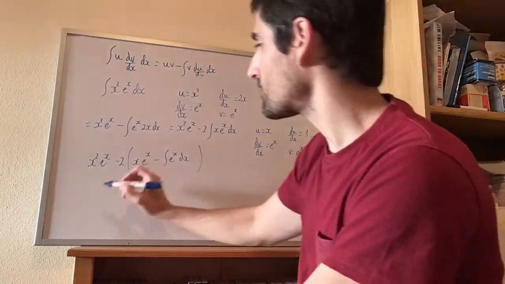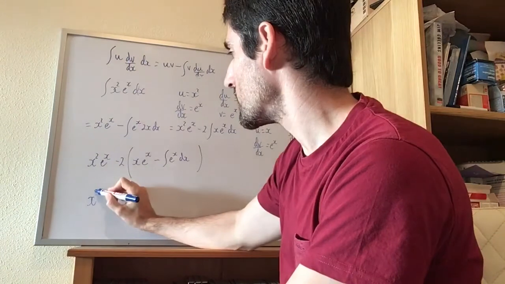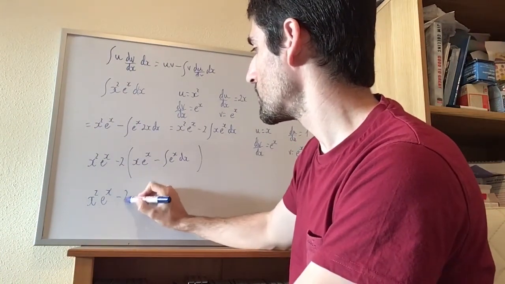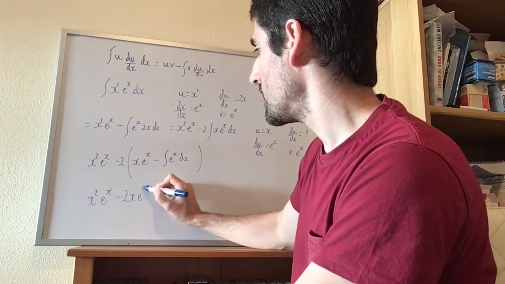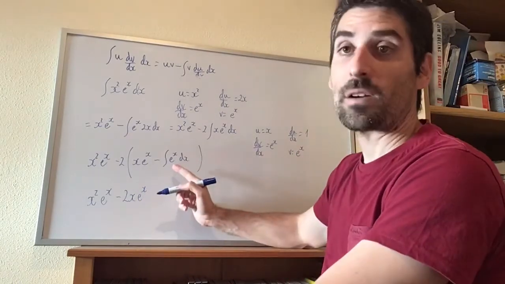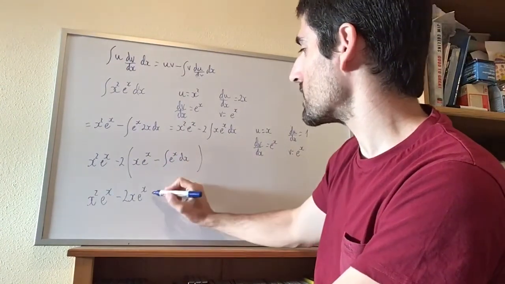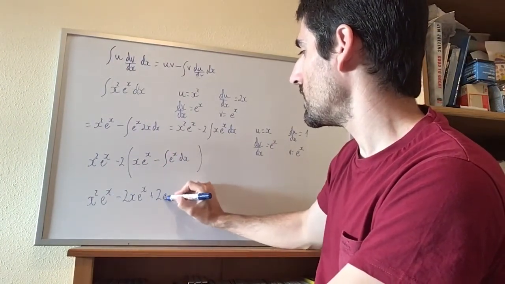So now I've got x squared e to the x minus 2x e to the x. The integral of e to the x is e to the x, so minus times a minus is a plus 2 e to the x